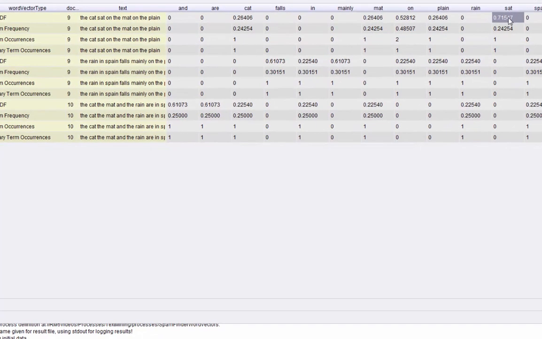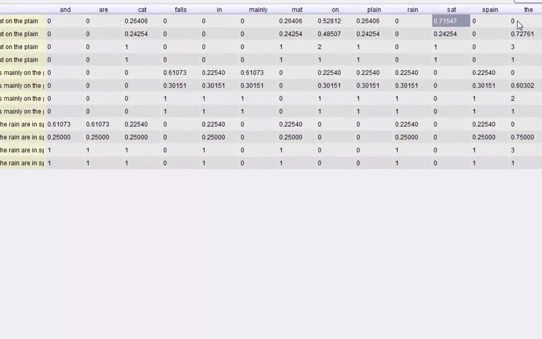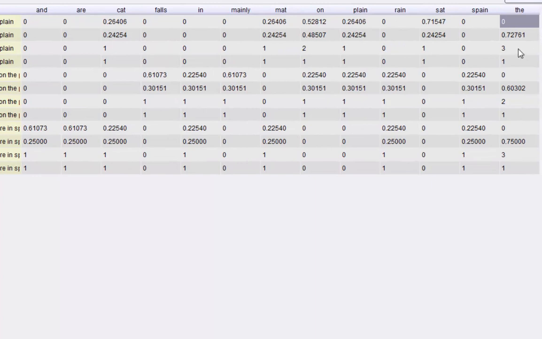And you can see that the value for this attribute is higher because the word appears in fewer documents, and so the inference, the assumption, is that maybe it's more predictive of the final label. And you can also see that the word "the", which appears in all 3 documents, is set to the value 0, because obviously it appears in all of them, so therefore it's very unpredictive of the final